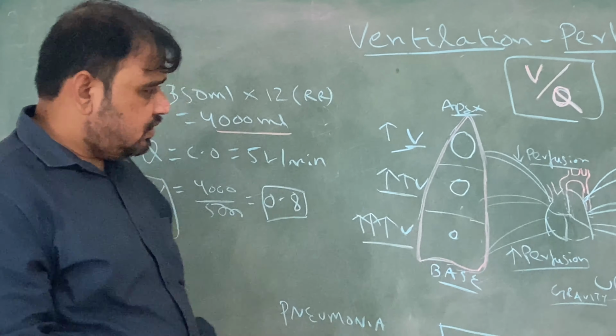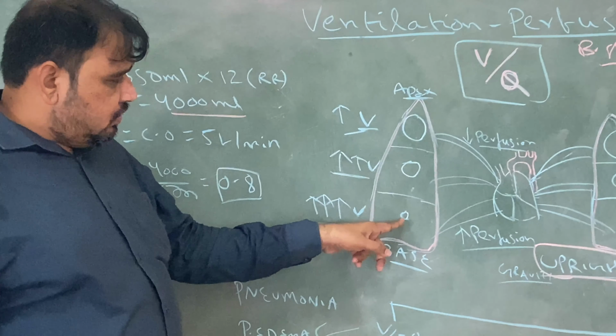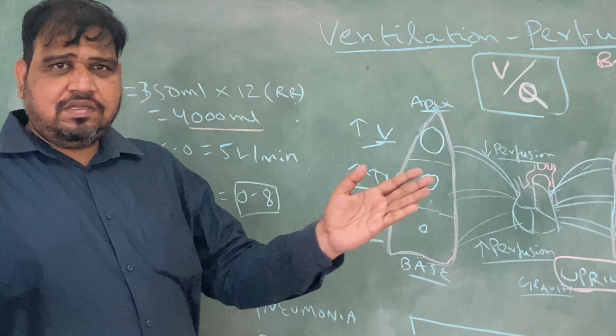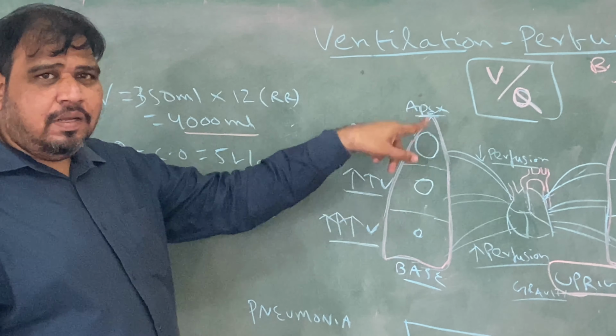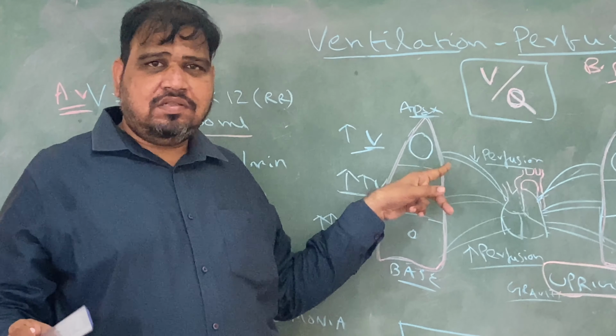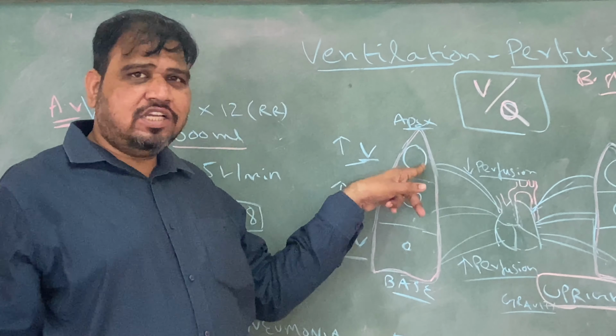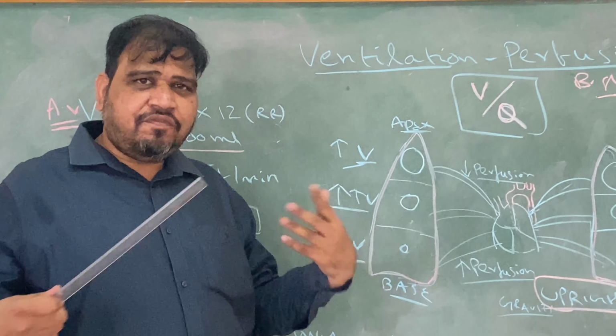Whereas here, on this diagram, I am explaining it in the upright posture. In an upright posture, for a normal lung before inspiration, before any respiration, what is the scenario? This one has more capability to expand. Now take this alveolus in the apex. Can it expand or not? That is the first question. It is already in an expanded state, so further expansion is very difficult. This is in the upright posture before respiration.